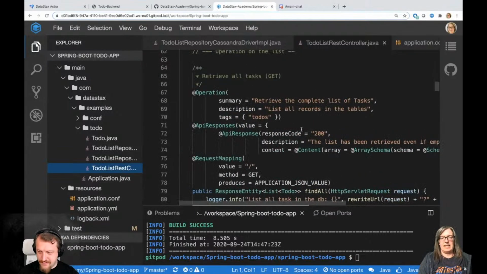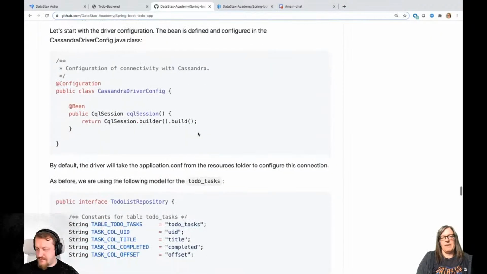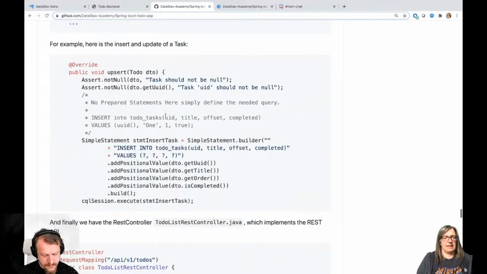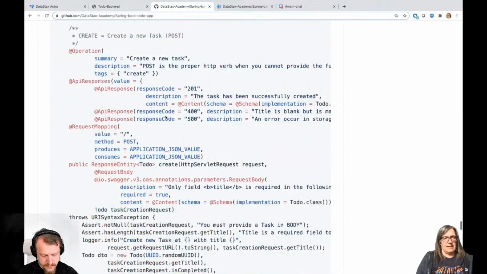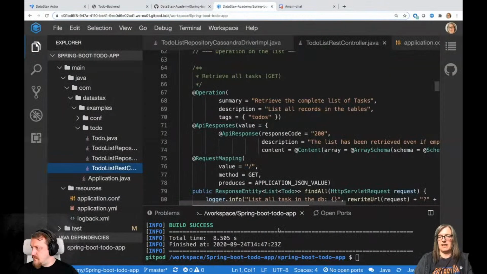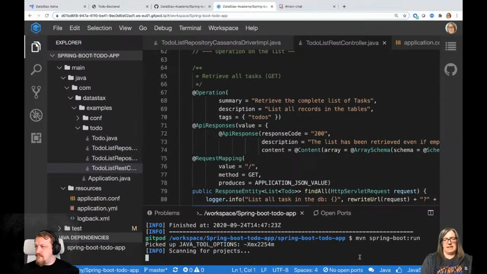Okay, good. So let's run this very quickly. I've explained all those things in the README, so you can have a look there if you want to read through this again. But in order to run it, it's actually really simple, with mvn spring-boot:run. So let's do that. And then let's have a look at how that actually works with Gitbot, because that's actually quite interesting.